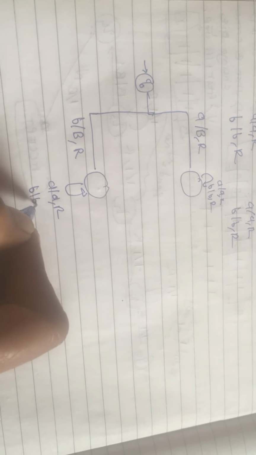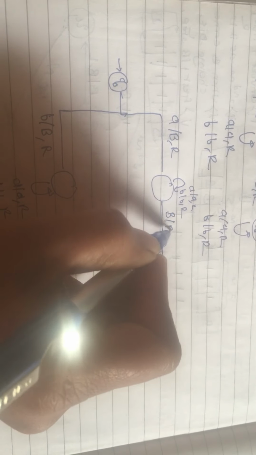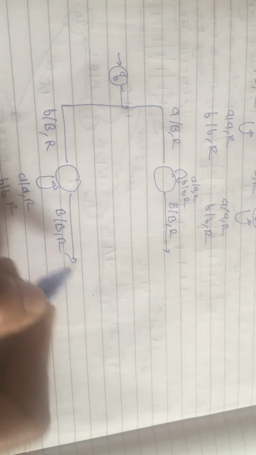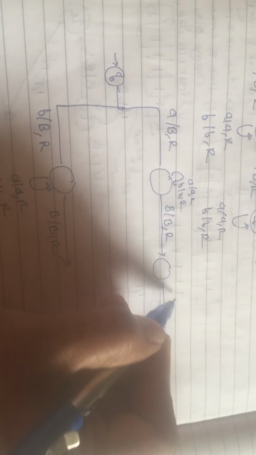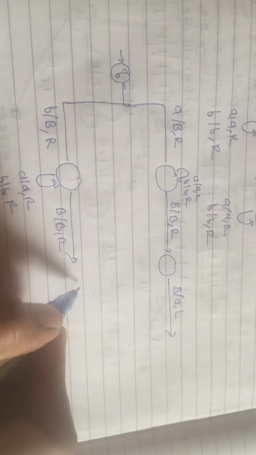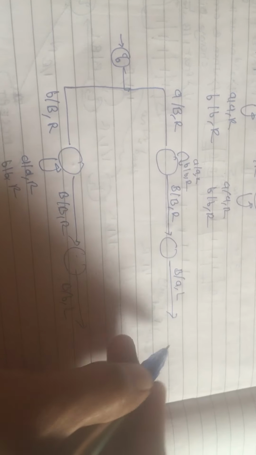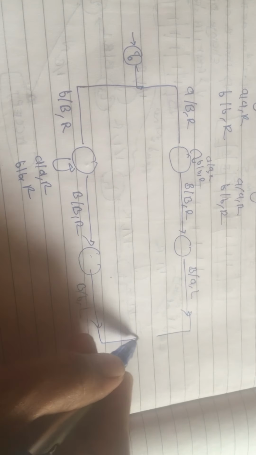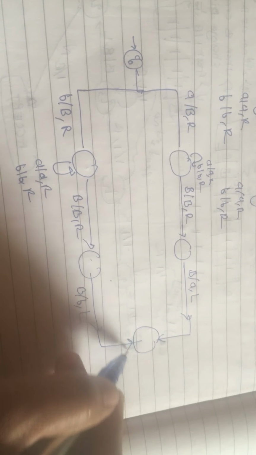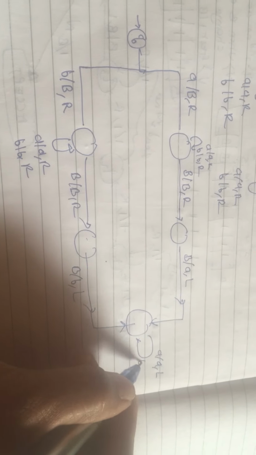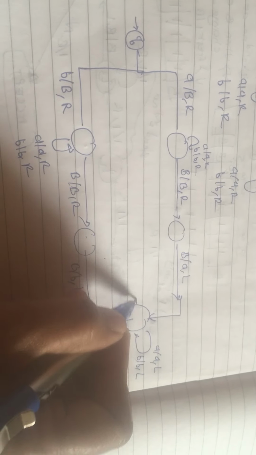Similarly here, remaining A as it is R, remaining B as it is R. Then first blank as it is R. Then second blank AL, and when here it will come back to the common state. Here the A and A will be as it is, B will be as it is.